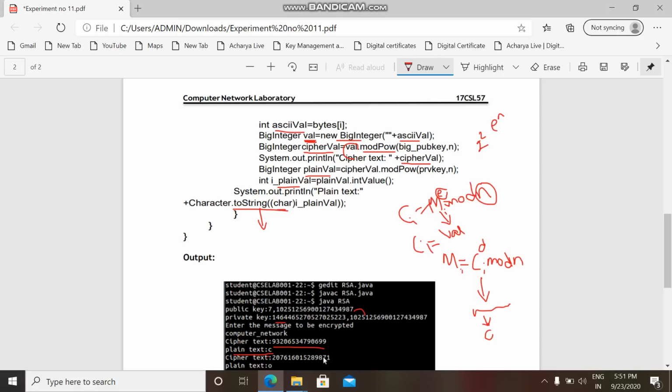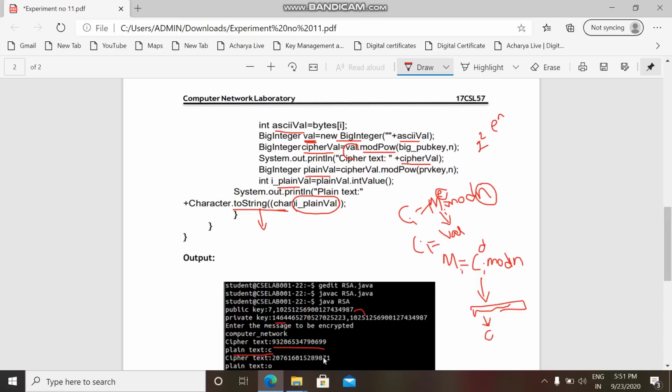So you convert the big integer into int, and then character to string to display that particular character. So if you can see, you will get C.